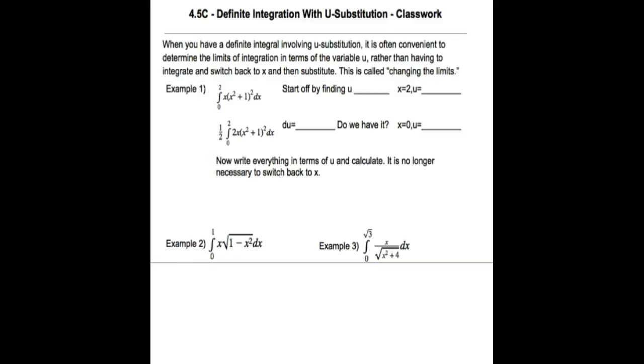In 4.5c, we're going to tie in two things that you've already done. So we've already done definite integration, and remember that's just integrating when we have limits on it. So just a quick little recap of that. If I was integrating from 1 to 3, just an easy function to find the antiderivative of, the fundamental theorem